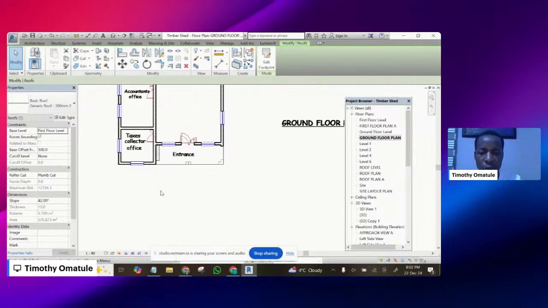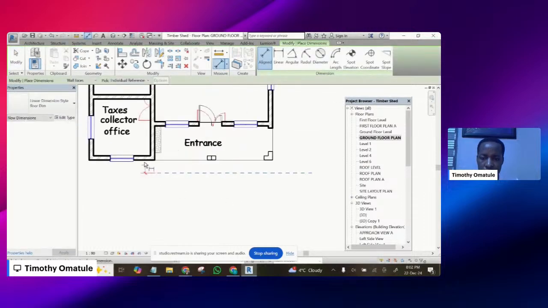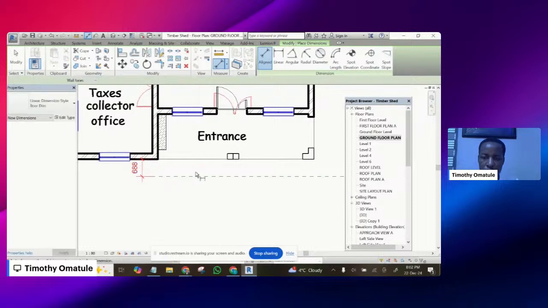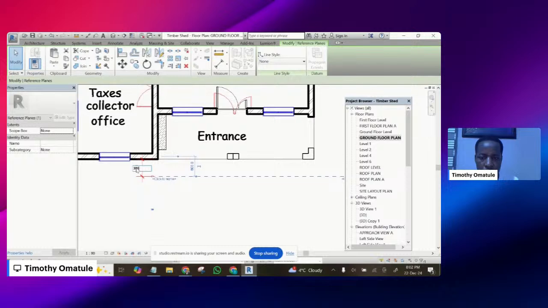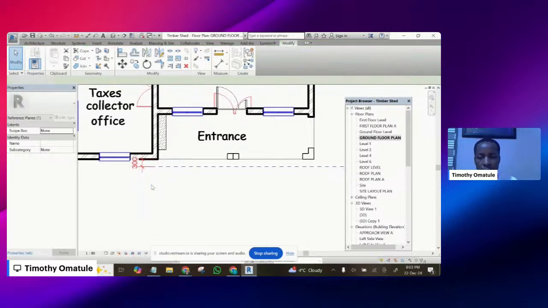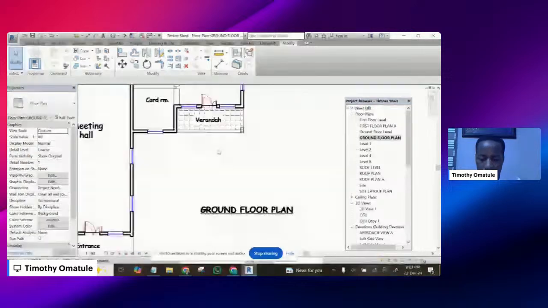Okay, let me add reference plane to it. Let me add reference plane to it, and I add dimension. This will be something like 300 mm. Then I can extend the wall to this reference plane or there. Then I add another one here,